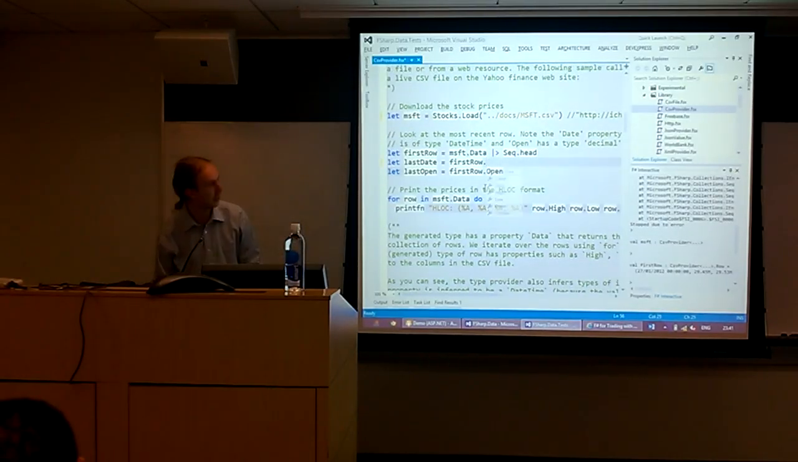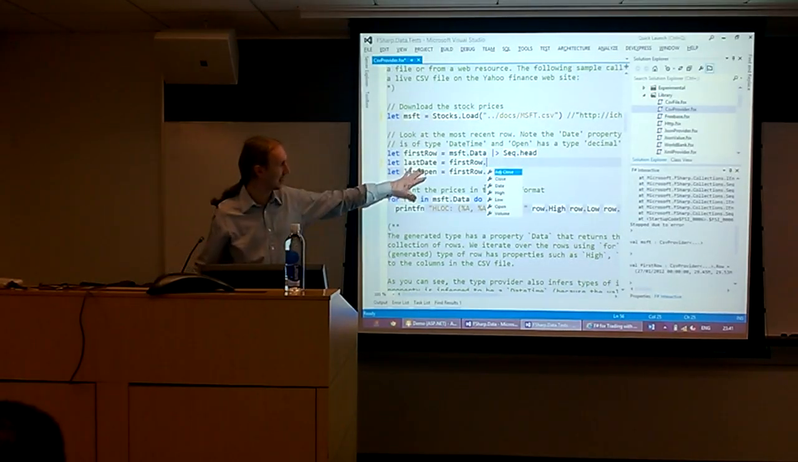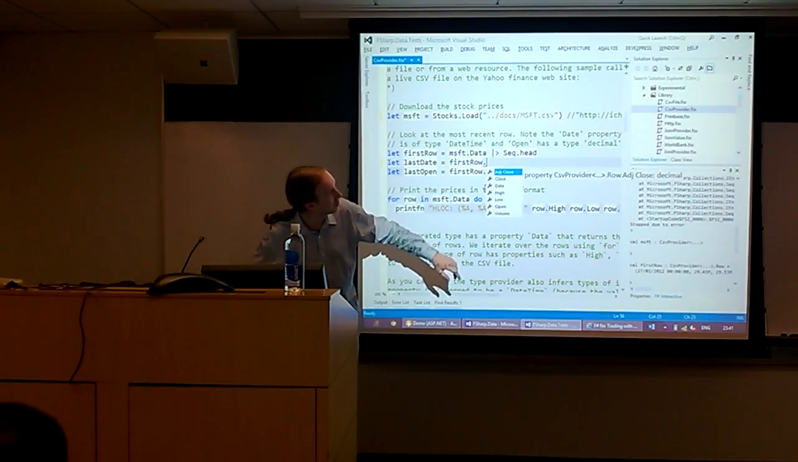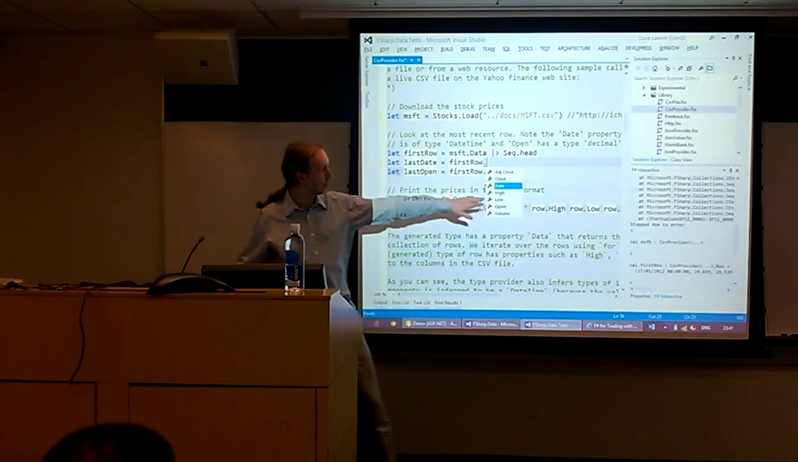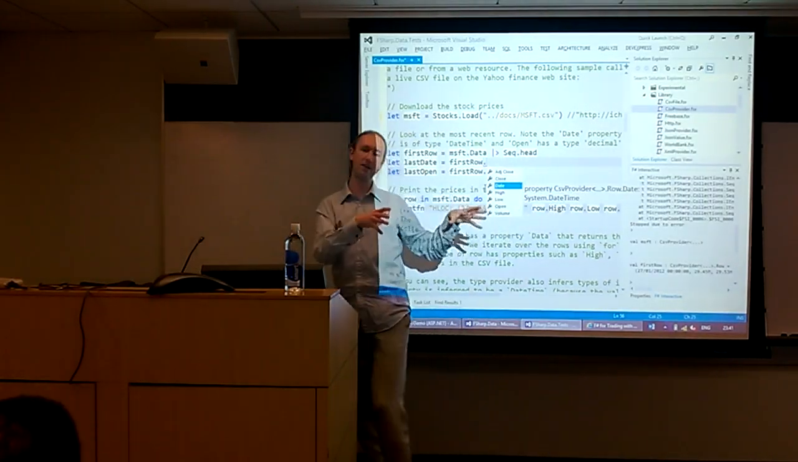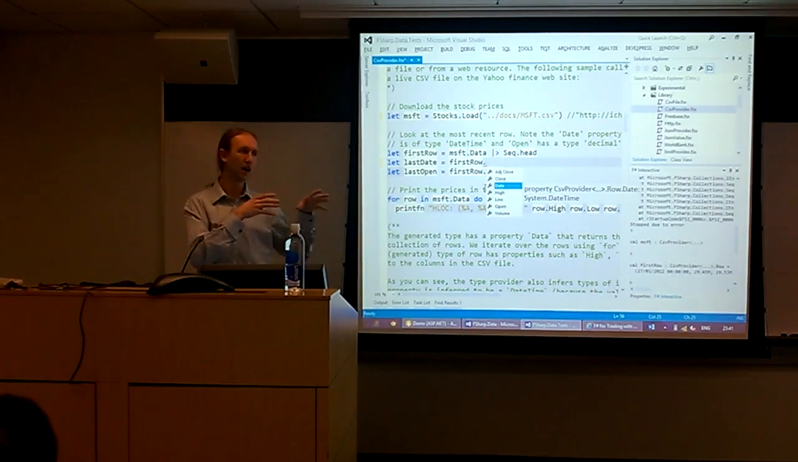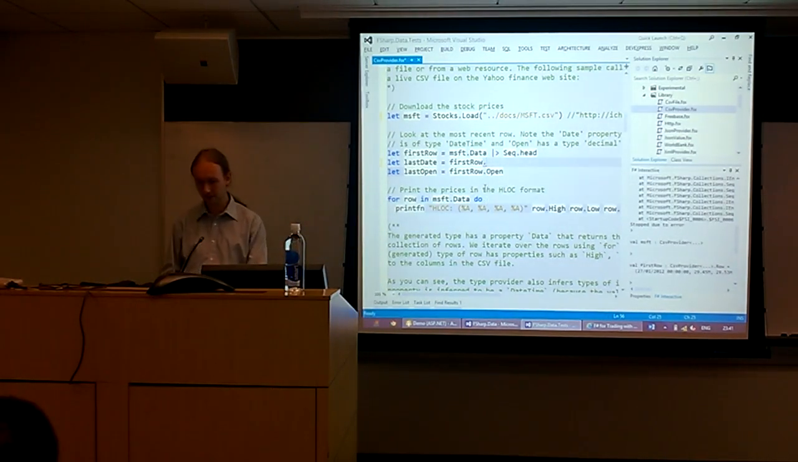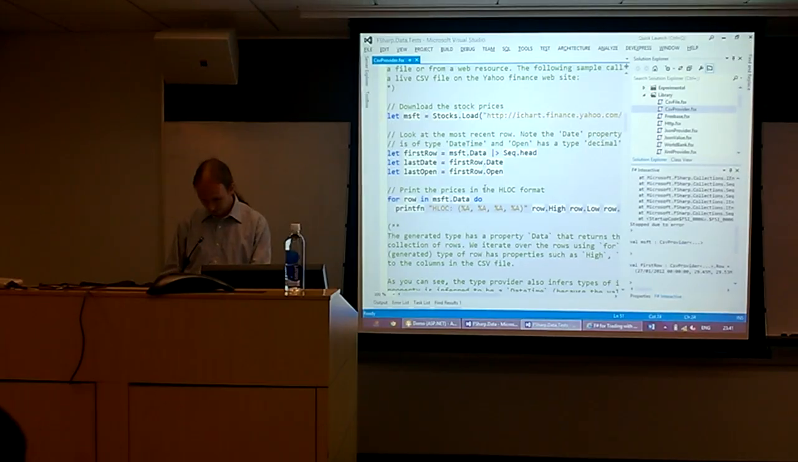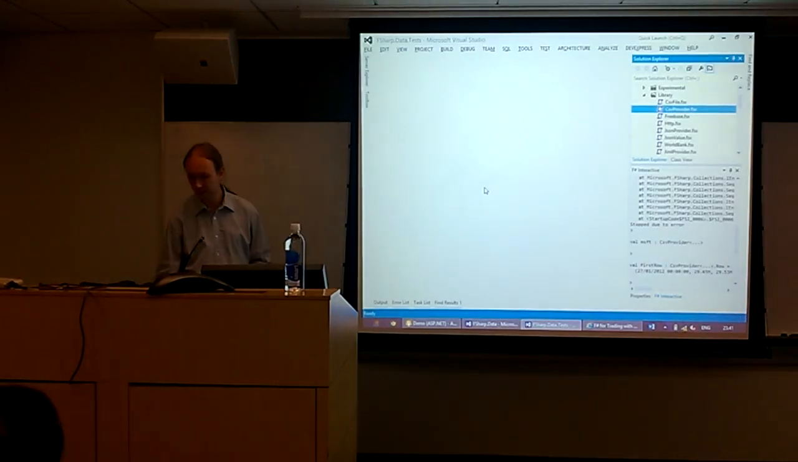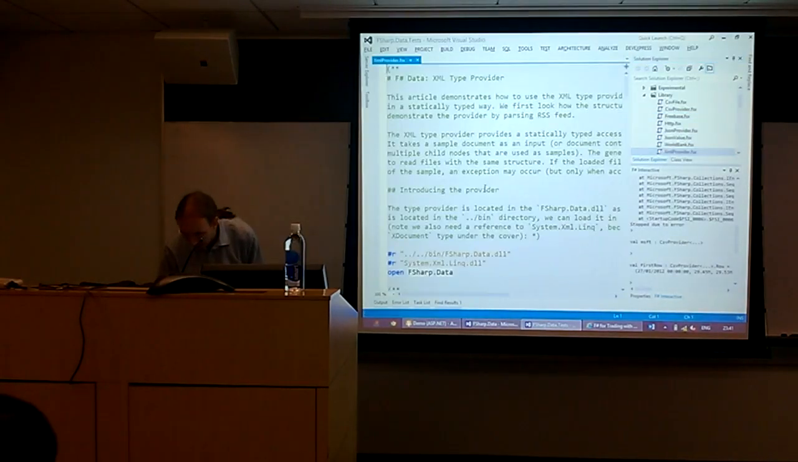If I look at the different properties, like adjusted close, date will be a date time because all the values in that column match the date time format, and so on. So the CSV file is pretty boring, but